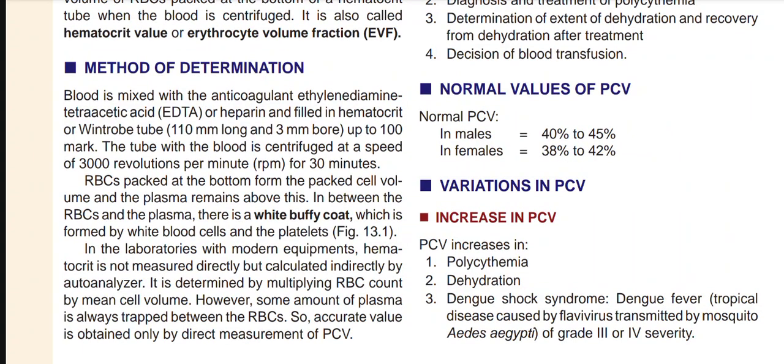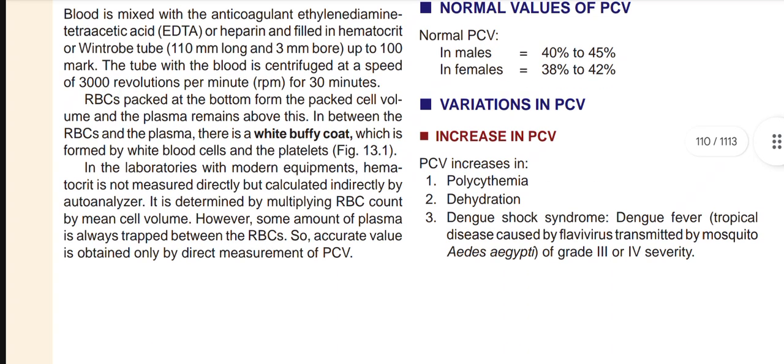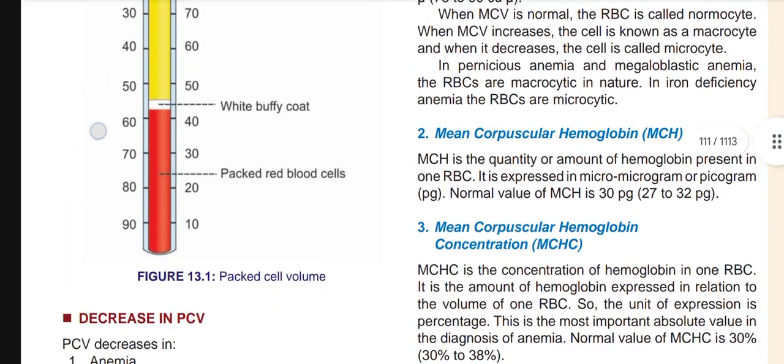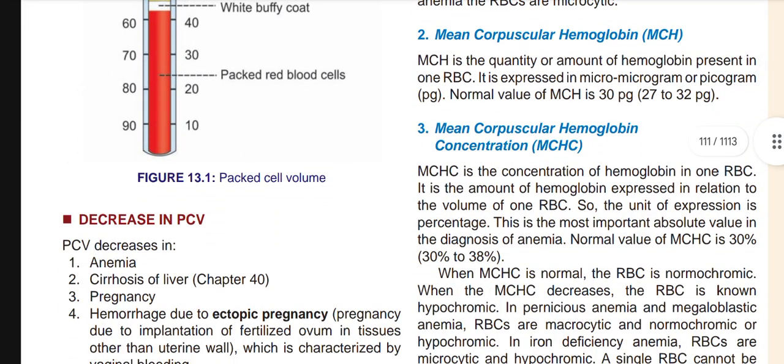Now variation in packed cell volume. Increase in packed cell volume. PCV increases in polycythemia, dehydration, then dengue shock syndrome, dengue fever, a tropical disease caused by flavivirus transmitted by the mosquito Aedes aegypti, of grade 3 or 4 severity. Now you can see the diagram clearly. Now decrease in PCV. When the PCV is decreased, in case of anemia,